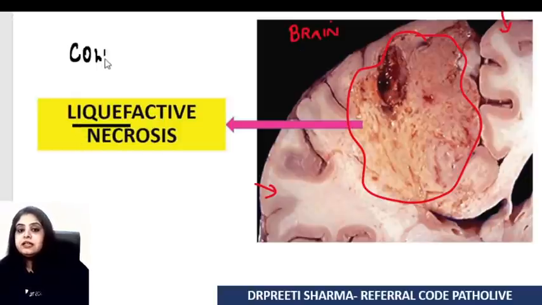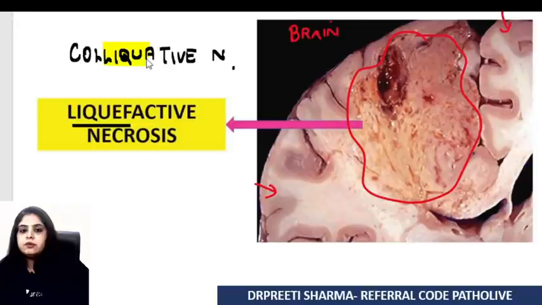Well, these days the examiner prefers calling it colliquative necrosis. That's another term that they've come up with, but I think it's pretty much the same, right? Whether I call it colliquative or liquefactive, the word liquid is quite evident out here. So this is a case of liquefactive necrosis seen in the brain. Coming to the next,